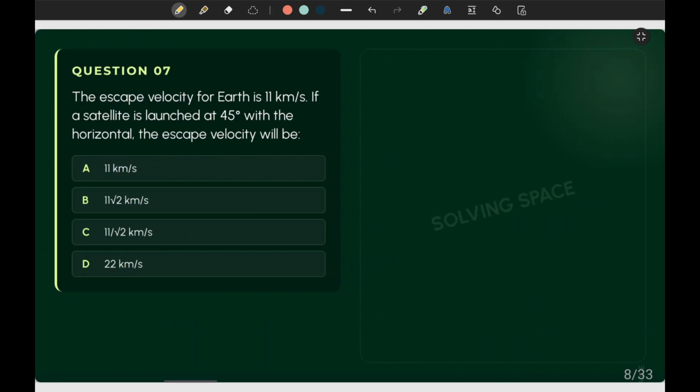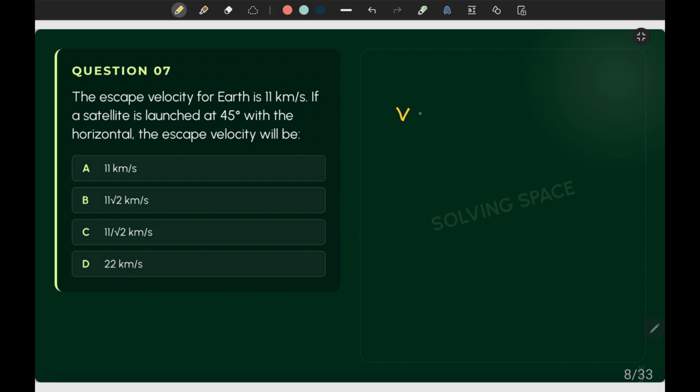The escape velocity for Earth is 11 km per second. If a satellite is launched at 45 degrees with the horizontal, the escape velocity will be... So here the concept is